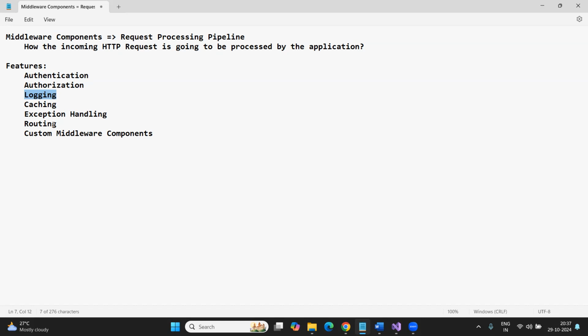For diagnostic and debugging purposes, you can make use of logging. Caching is basically used to improve the performance of your application. We'll discuss, guys, remember, whatever I'm saying here, authentication, authorization, logging, caching, all these things we are going to discuss